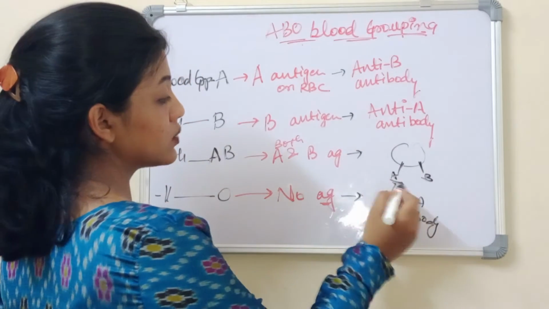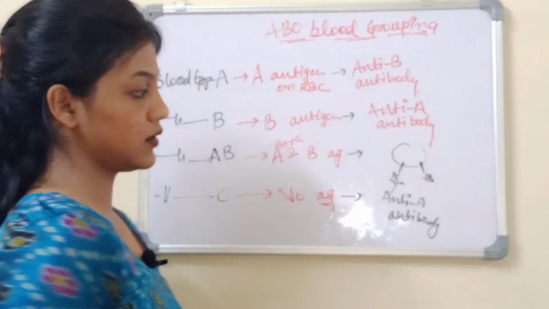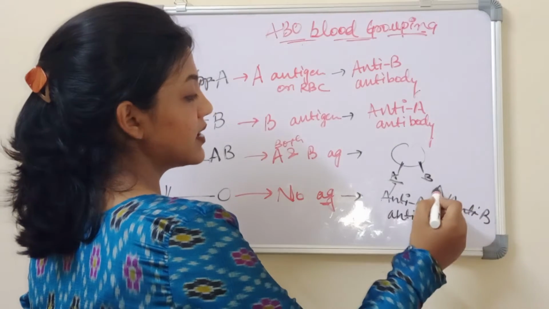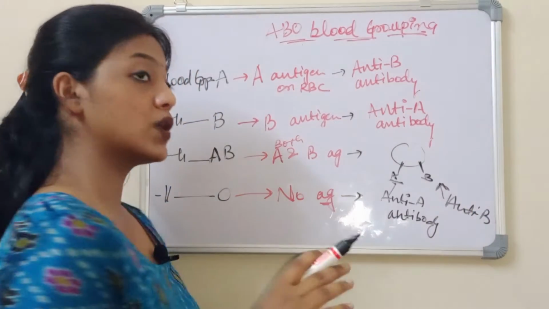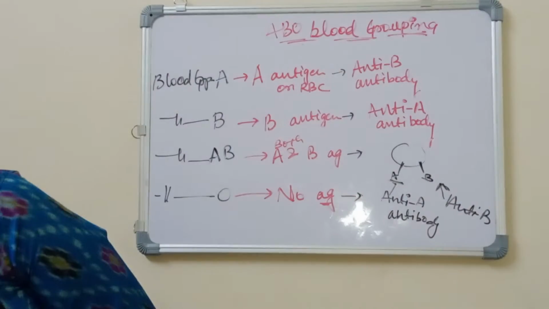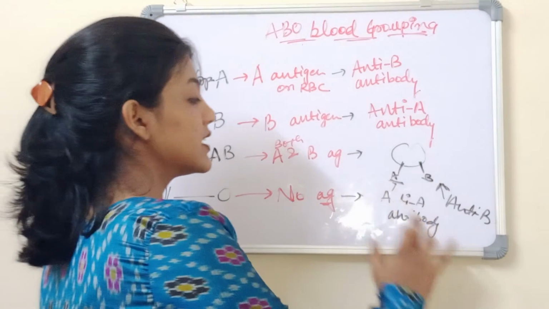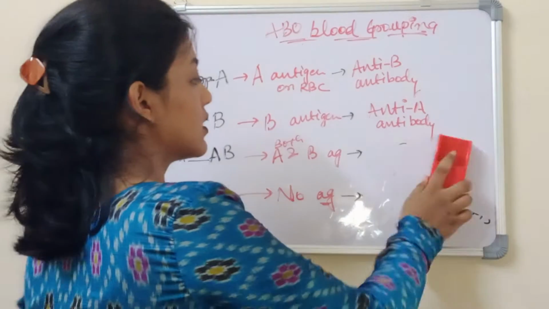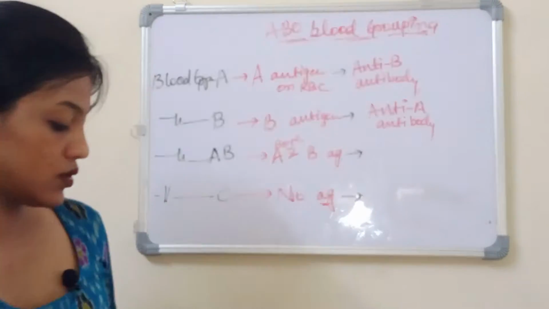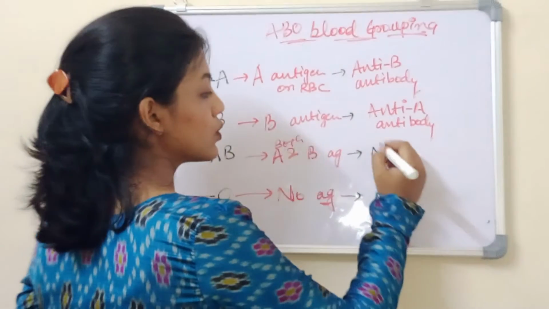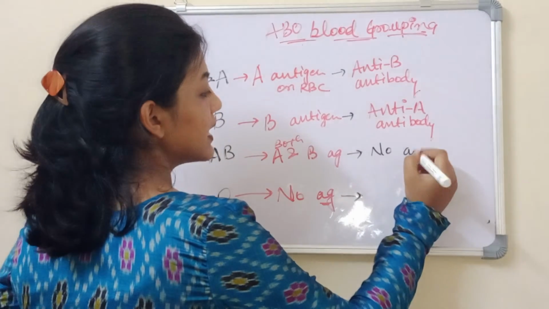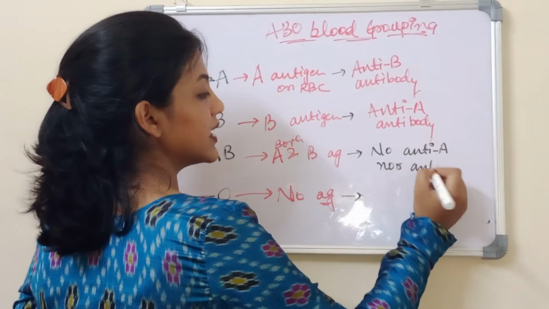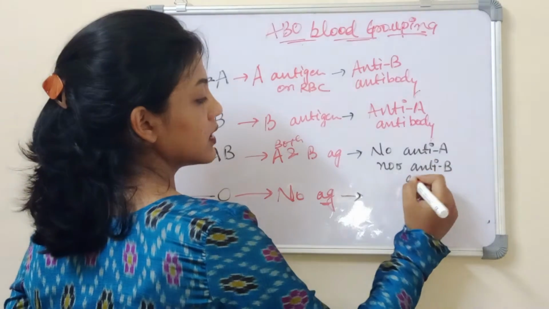Then it will bind to this and it will cause clumping of the RBC. If anti-B antibody is present, then it will bind to this and it will also lead to the clumping of the RBC. So both antibodies are not present, right? So no anti-A nor anti-B antibody. Okay,